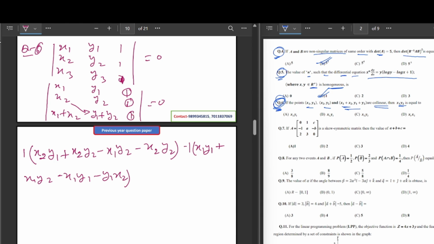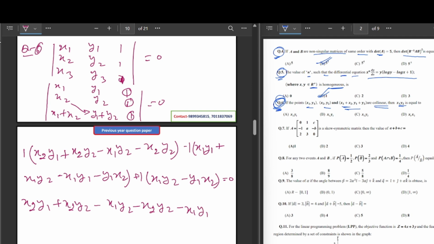After that this you can multiply directly, x1 y2 minus y1 x2 is equal to 0, and open all the brackets, so you can find x2 y1 plus x2 y2 minus x1 y2 minus x2 y2,